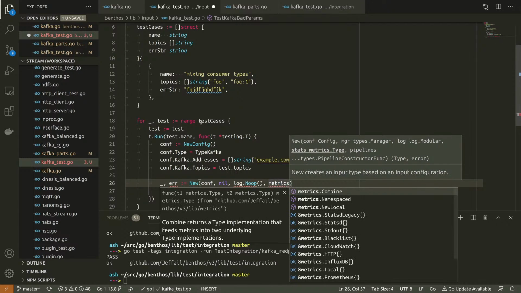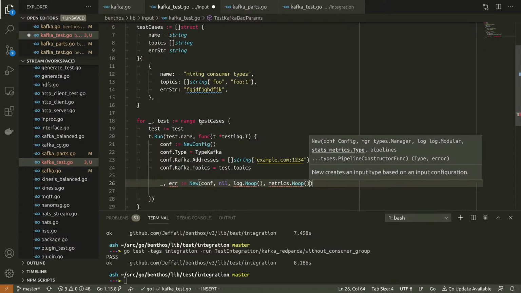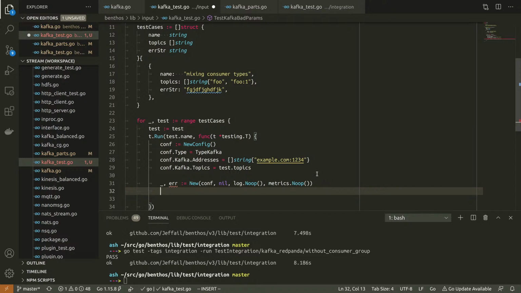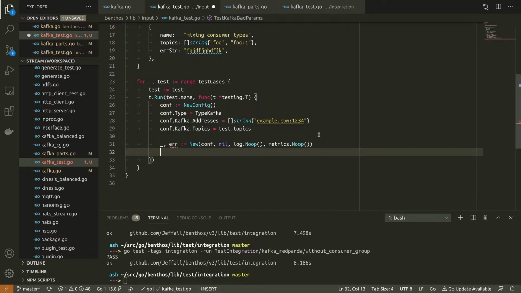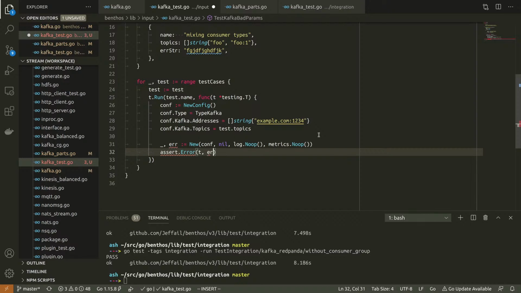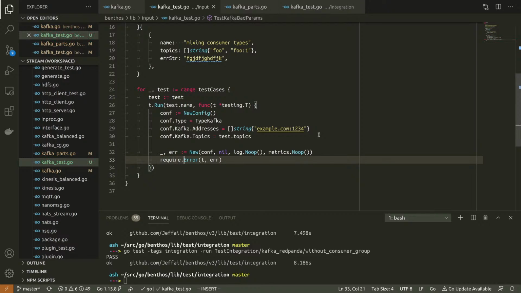I hate this function signature, by the way. This whole thing is on the way out in Benthos v4, simplified, so all you have is a general manager type. Okay, so first we want to assert that there is an error. Actually, we can just say equal error.